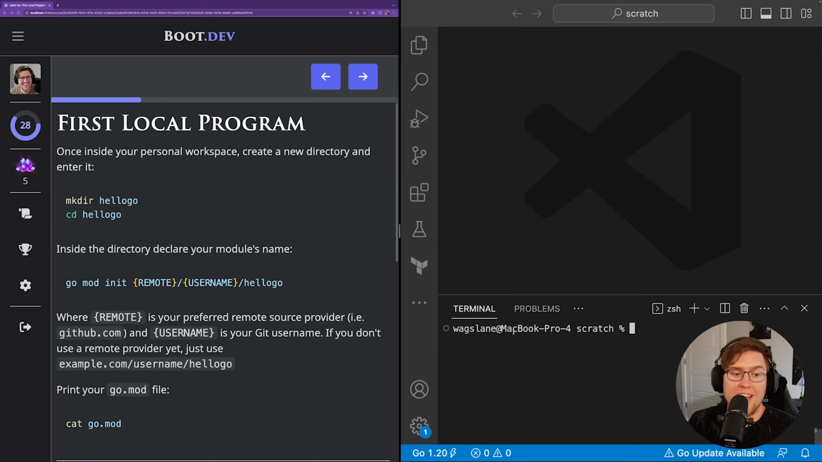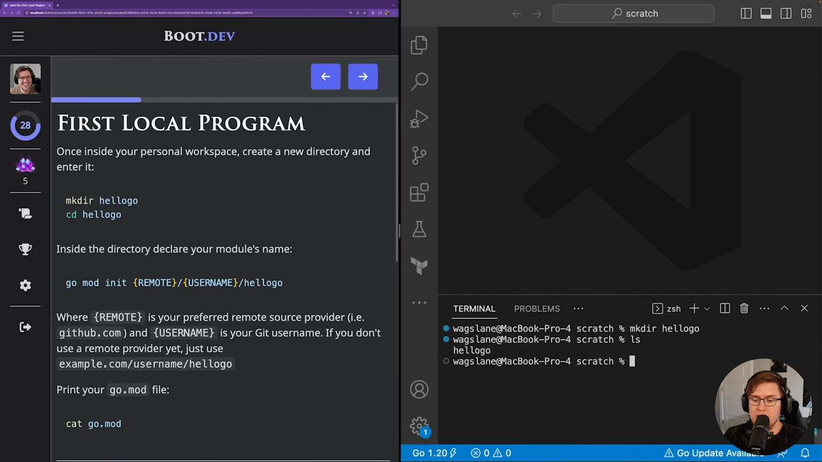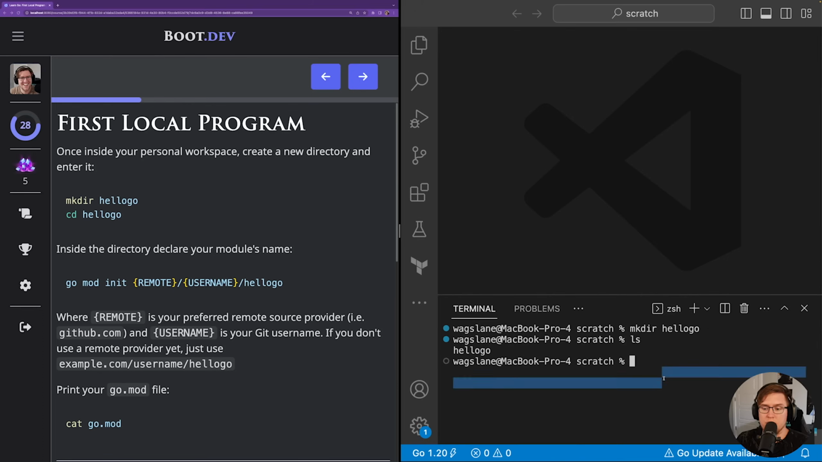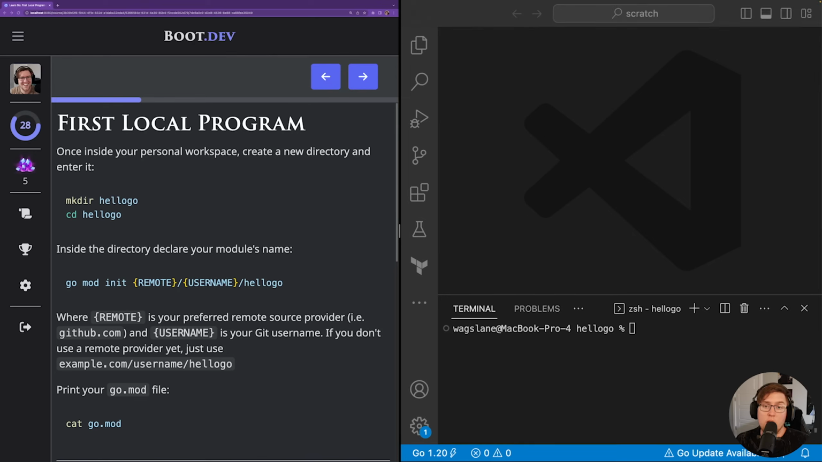It says create a new directory and enter it. So we'll make directory hello Go. And let me just ls, show you the new directory was created, and we'll enter that directory. Cool. Now, inside of that new hello Go directory, I'm going to create a new Go module. So we'll do go mod init, and